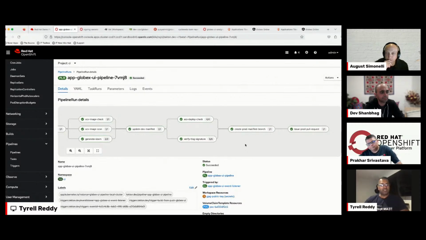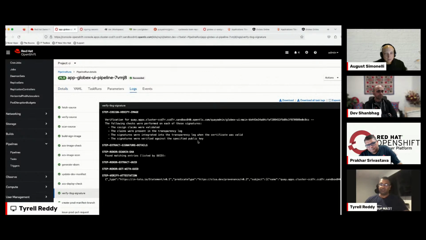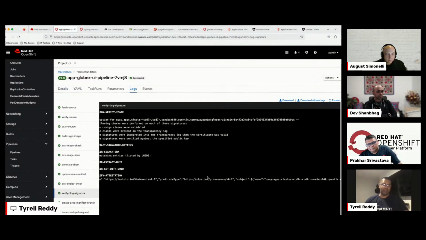Basically, what you could do with this is that if someone wants to use your image and doesn't have your public key, for example, you have to give your public key out to someone for them to verify your image. If they don't want to do that, they could query the Rekor library and ensure that this image comes from a trusted source. So that's just an additional thing that we added. We've got ACS to do that for us in our example, but this is available in the open source Sigstore environment, which allows you to look at the signature metadata.